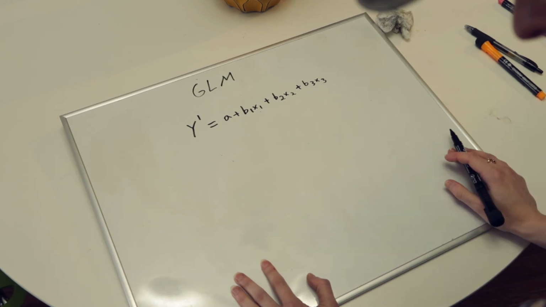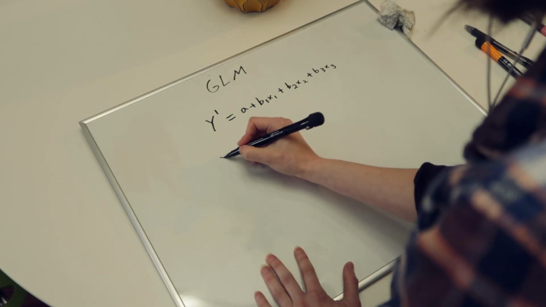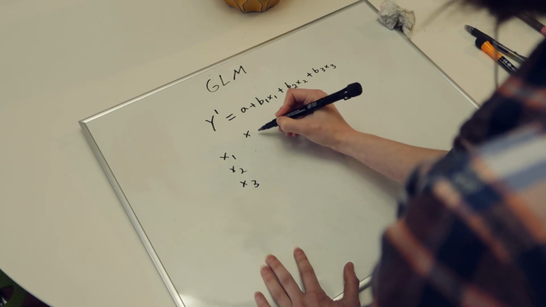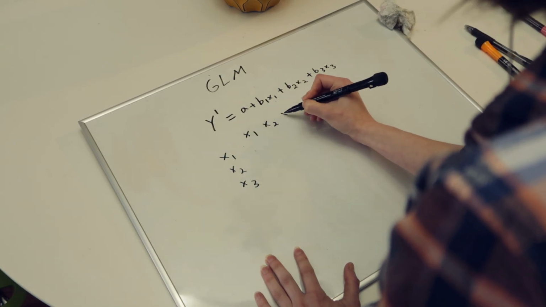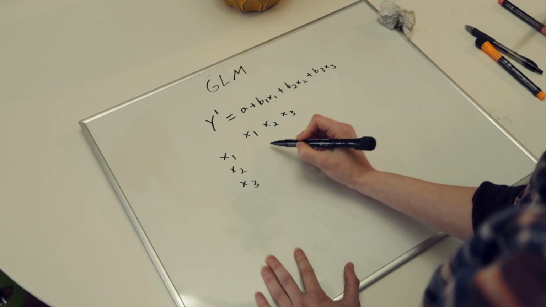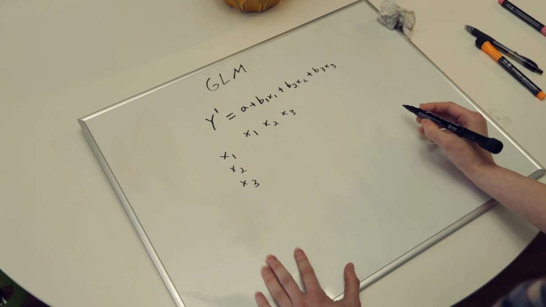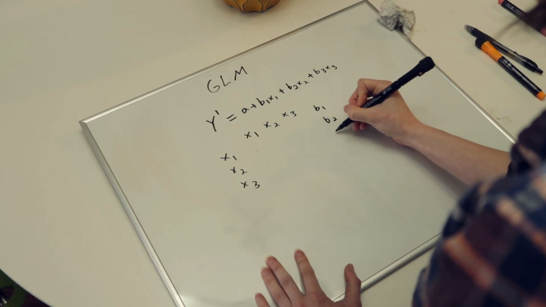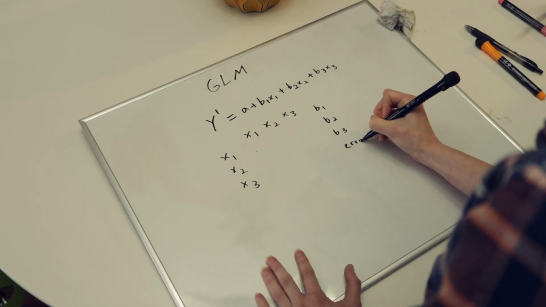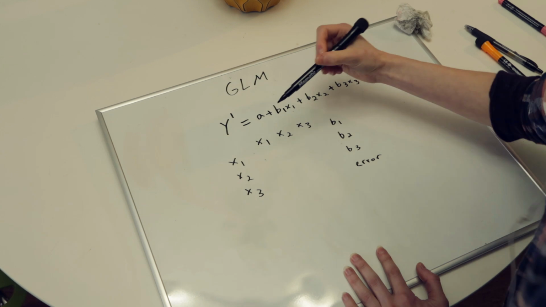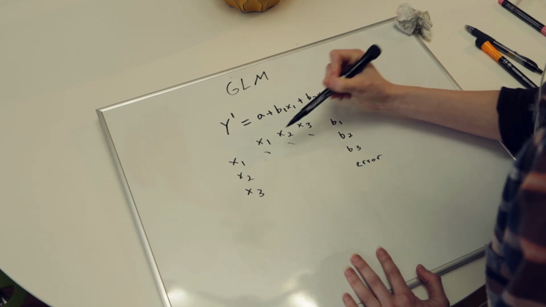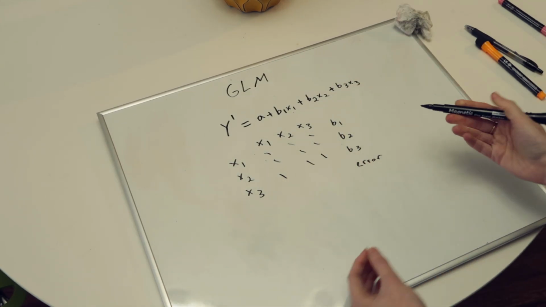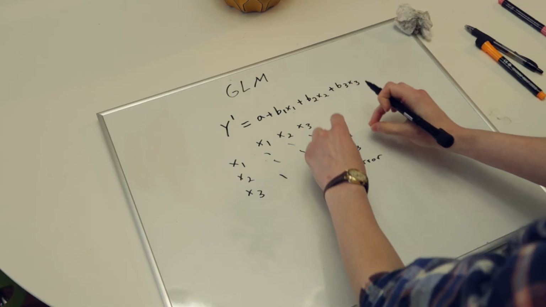So there's something called sweeping that is done. So say you have x1, x2, x3, and it affects x1, x2, and x3, and you're going to have all these values where it affects each other. Well, what you just want in the end is B1, B2, B3, and then error. So you don't want to know how all of these x's correlate with each other. You just want to understand the weighted value of each slope,